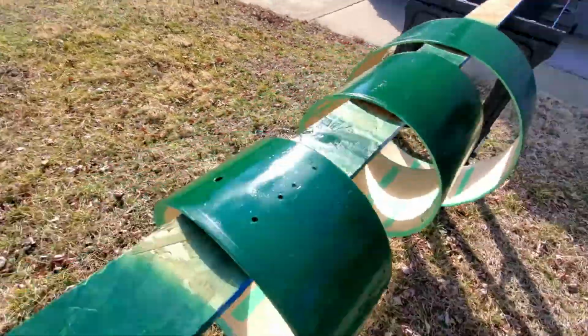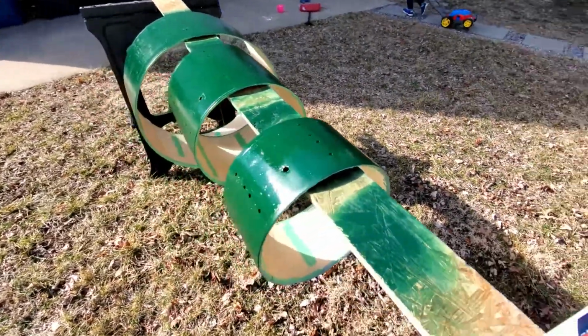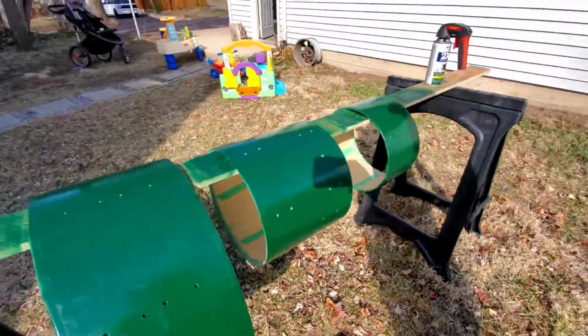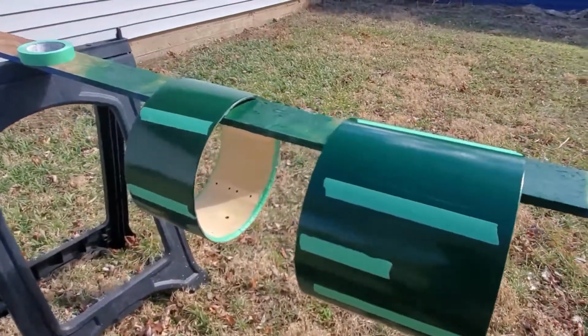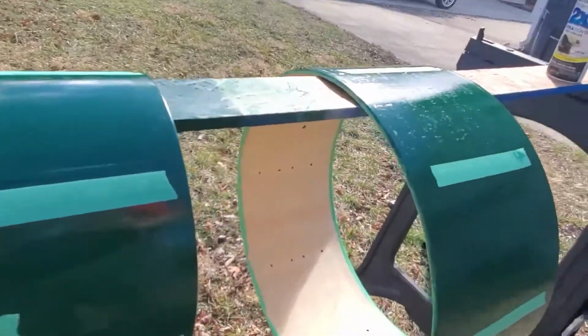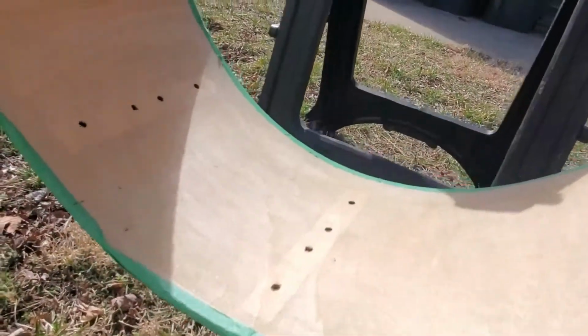I did 3 coats of paint and 2 coats of clear coat lacquer. Then I took painter's tape and reversed it and put it on the holes on the outside of the drum. Painting this outside created some bleed from the wind, so instead of leaving those little strips that would look naked,